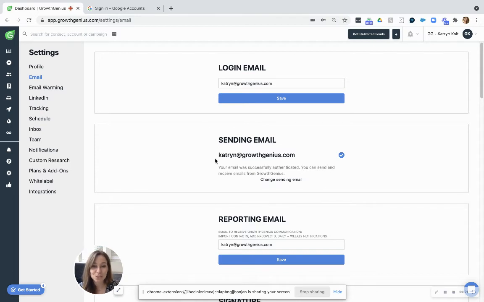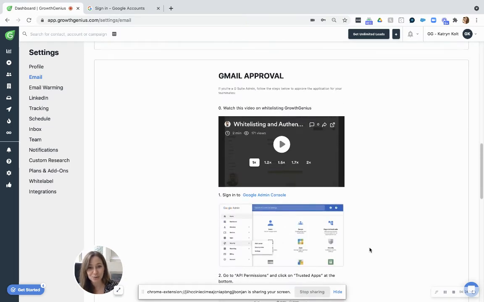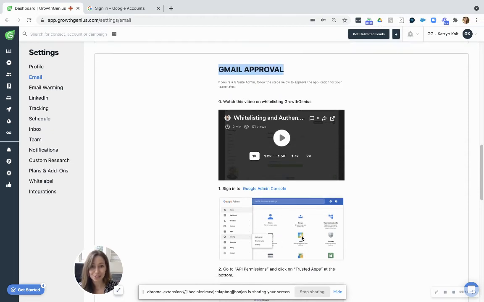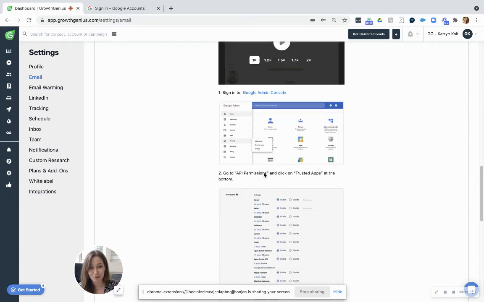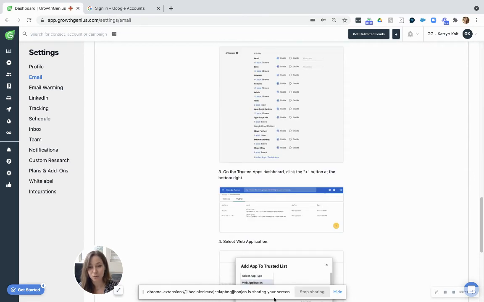So in order to do that, you actually have to scroll a little bit further and do a Gmail approval, which is basically saying that unless you go ahead and tell Gmail that GrowthGenius is going to be pushing through hundreds of emails a day, it's going to block it. So what you need to do is go into your Google admin console and tell Gmail that you're going to be setting up these automations with GrowthGenius, and do that just by following these steps and approving the GrowthGenius app